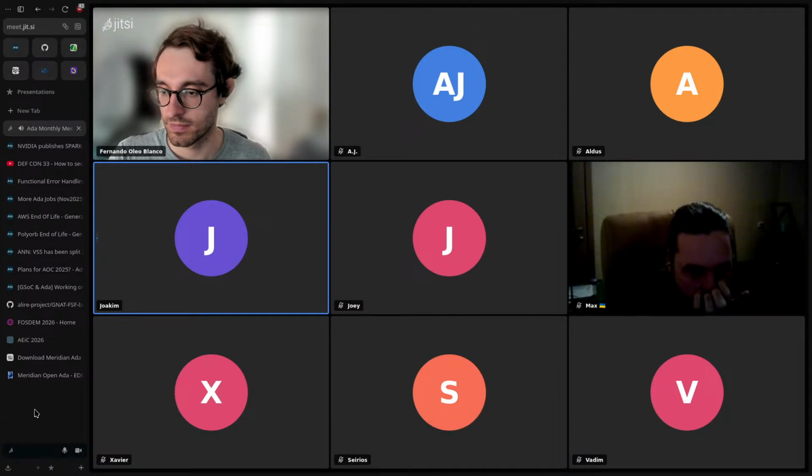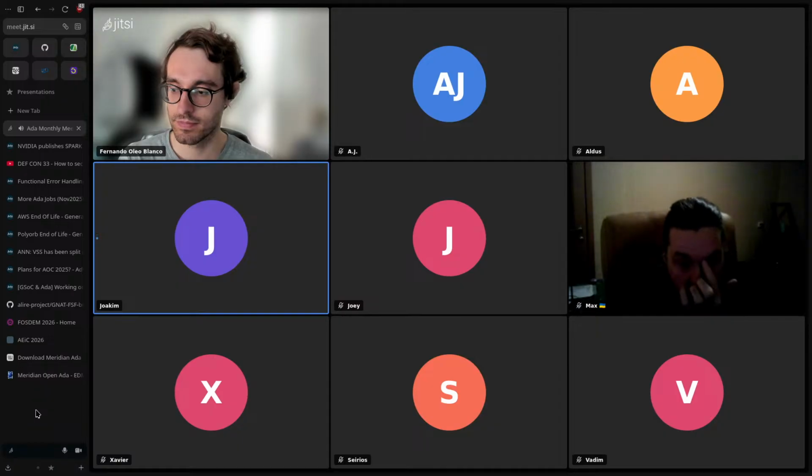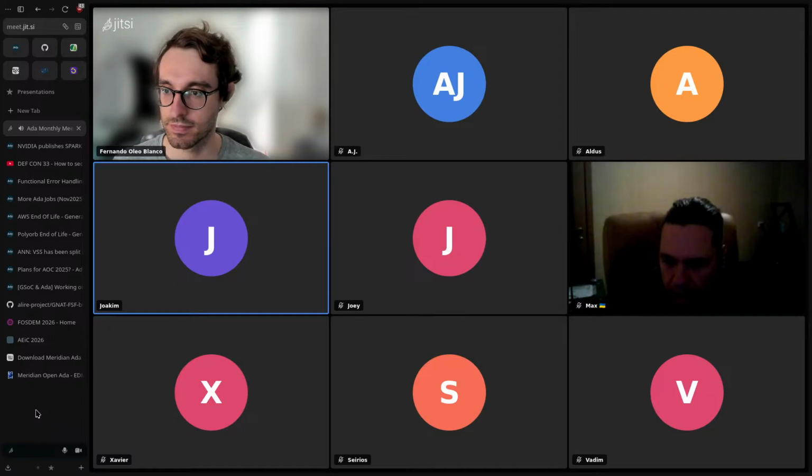But that runtime is a bigger one. It's more complicated to implement such a thing. But these are parts of the Meridian Ada compiler, and if somebody's interested, one can play around with these features to see if it works well or not. Could be fun.